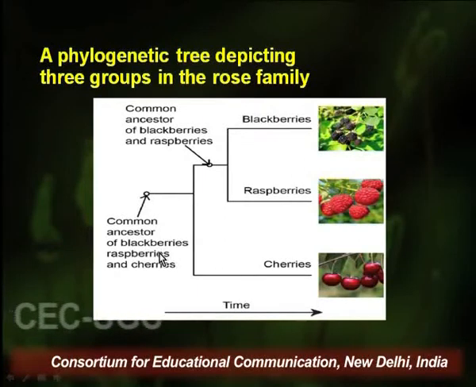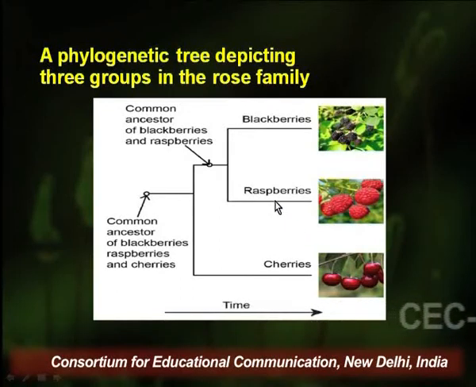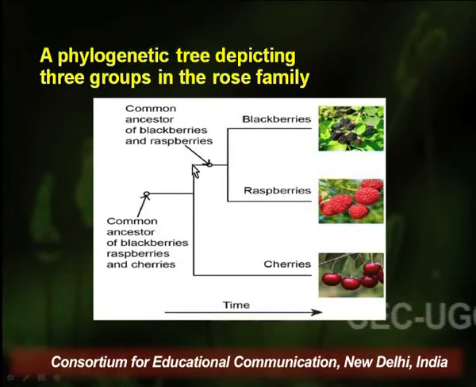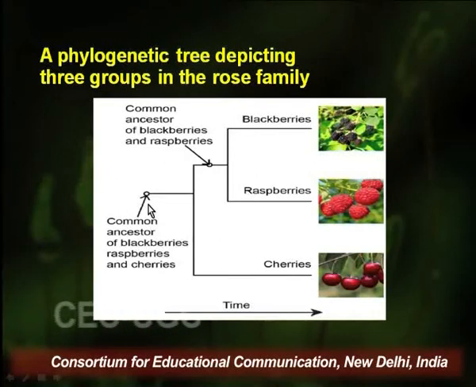There's a common ancestor for all 3 types of berries, which are members of Rosaceae, but based on the evolutionary deviation, we can see that blackberries and raspberries have a different clade. They are branched separately and they form a different group which is more closely related, instead of cherries which have single drupes. So, a cladogram or phylogenetic tree helps in finding out, with the help of these branches, about the evolutionary descent or the deviation or diversion that happened during the timeline.